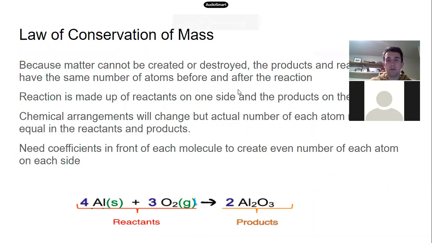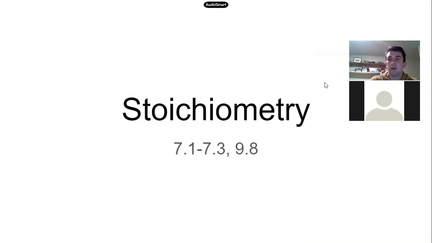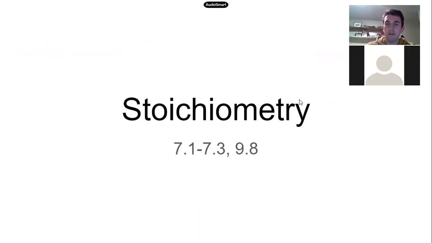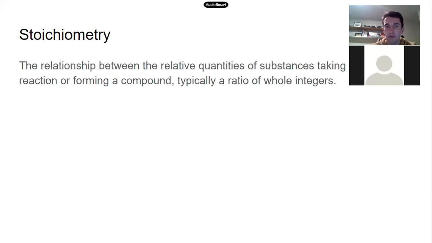Okay, so today we're going to be talking a little bit about stoichiometry, lecture 26 in unit 3. And basically, this is the beginning of the unit. We're going to be talking about balancing reactions and just what stoichiometry is. So basically, stoichiometry, put simply, is the relationship